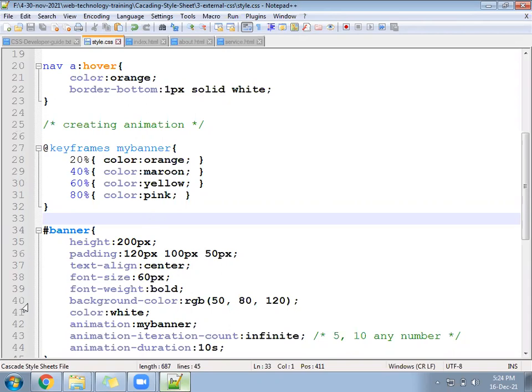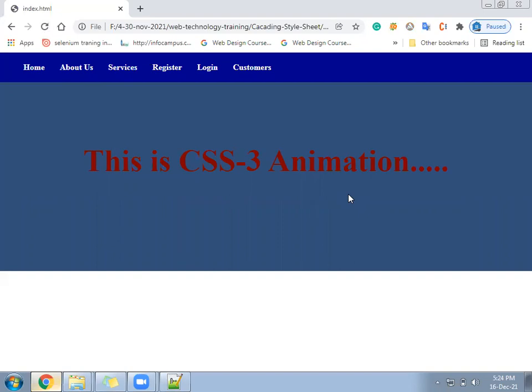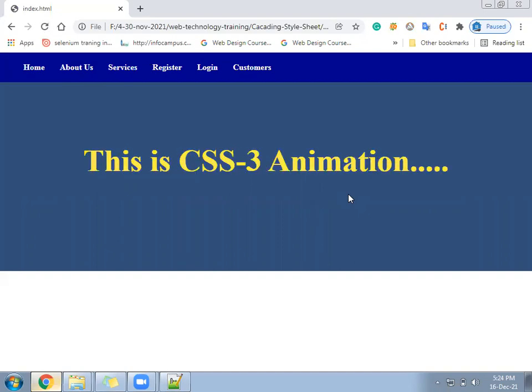Hope ready? It will change quickly now. 3-4 times changes will happen.